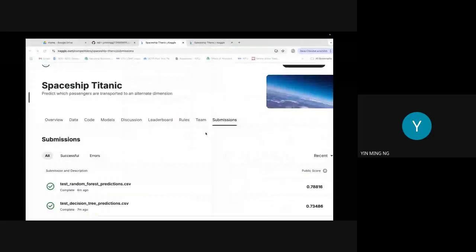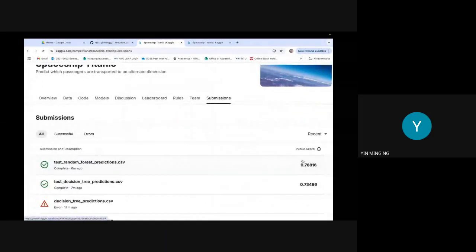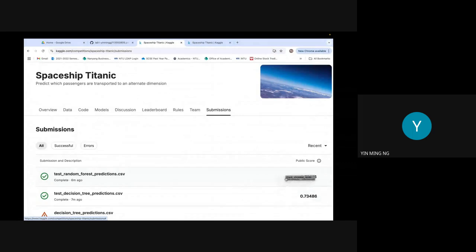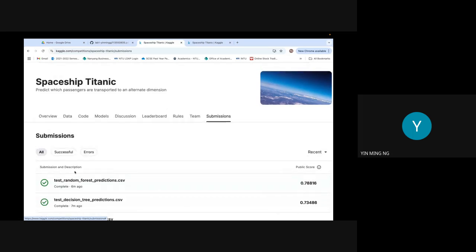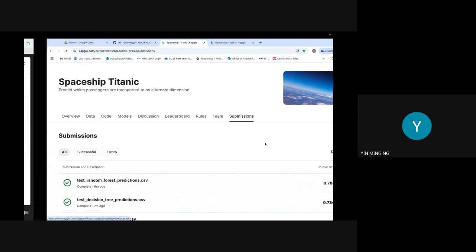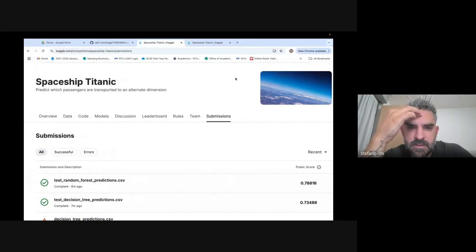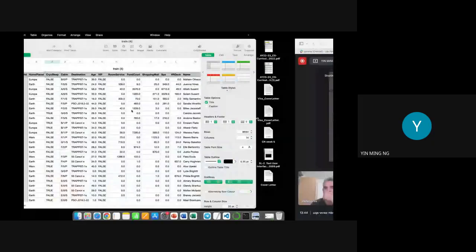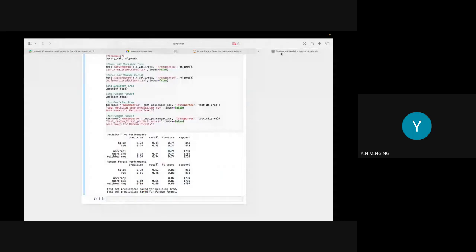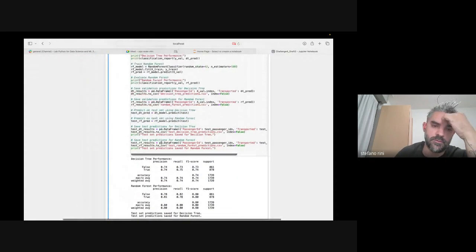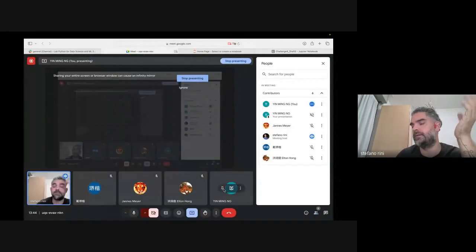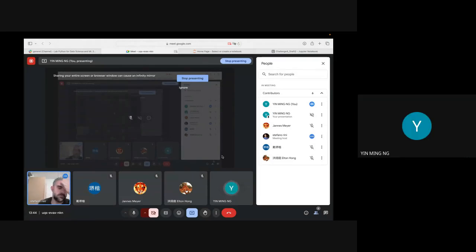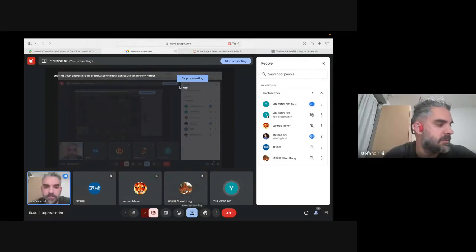Okay. Yeah. So here's my score. For the random forest it is 0.78, and for the decision tree 0.73. So random forest did better. Yeah. Then I think moving forward, maybe we can try to improve our score. Yeah, of course. Because there is a lot of data engineering that you can do. So I'm not concerned. I'm sure you can come up with something nice.